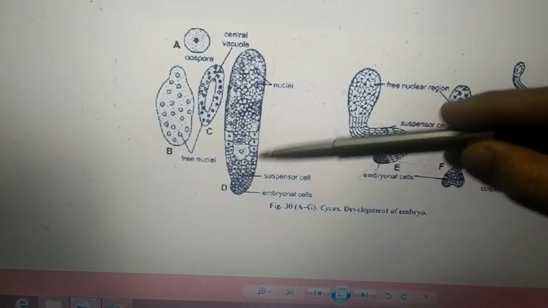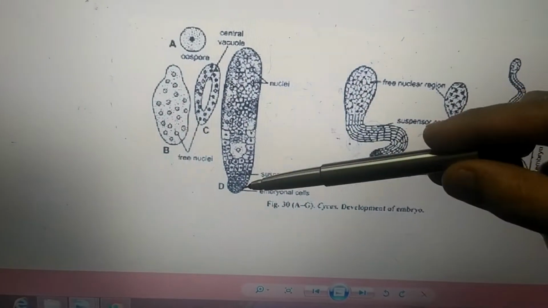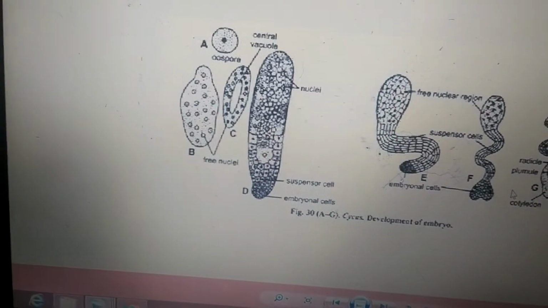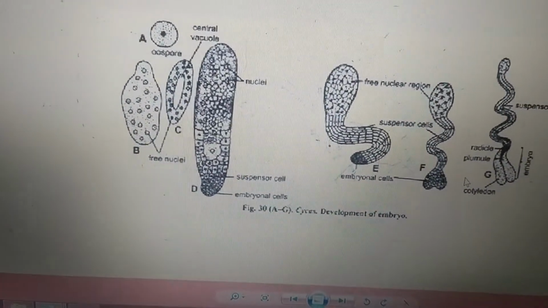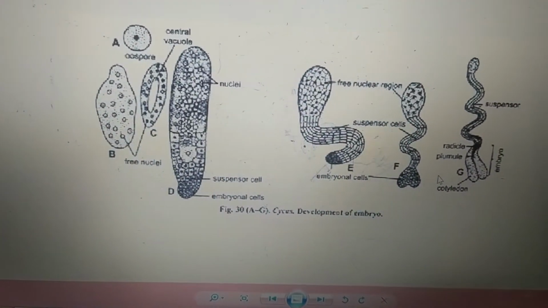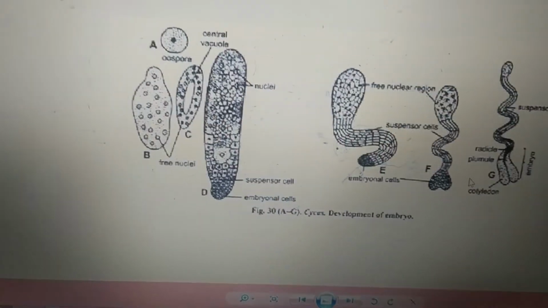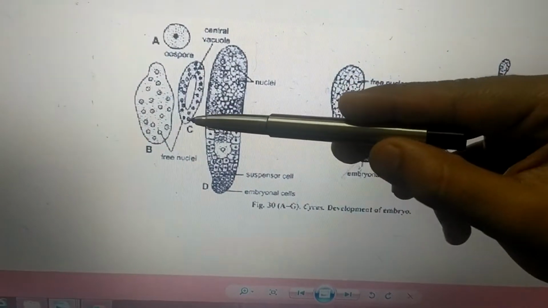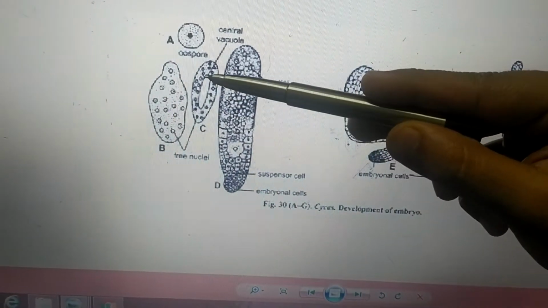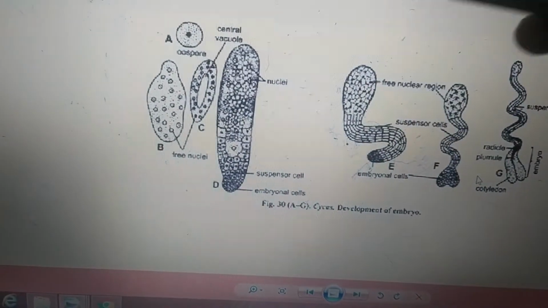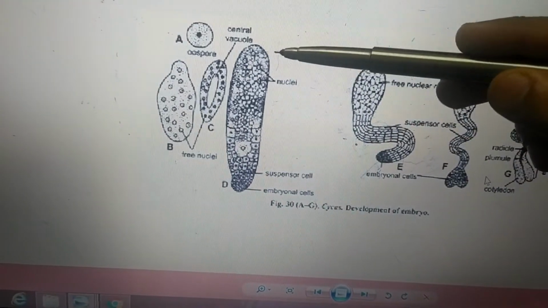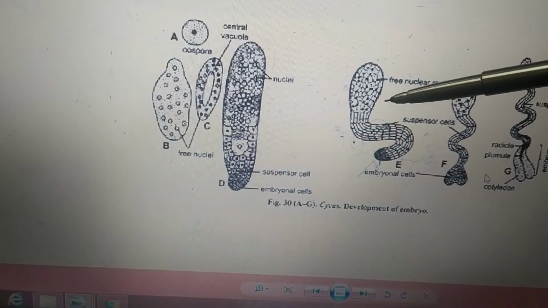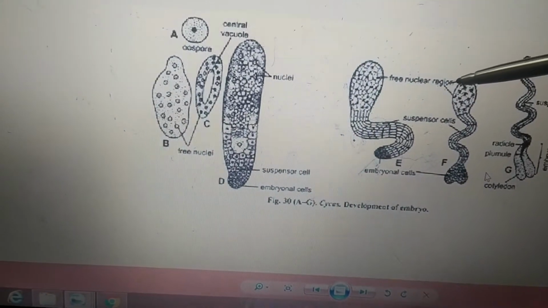This embryonal mass is nothing but a pre-embryo. This embryonal mass itself is going to give rise to what? The pre-embryo. It is meristematic in nature, that is, it has the ability to form different tissues. Some of the nuclei remain in the upper region without a cell wall. So the cell wall formation begins from the base to the upper region. Some nuclei won't form a wall around themselves. They are going to form a region which is called the free nuclear region.